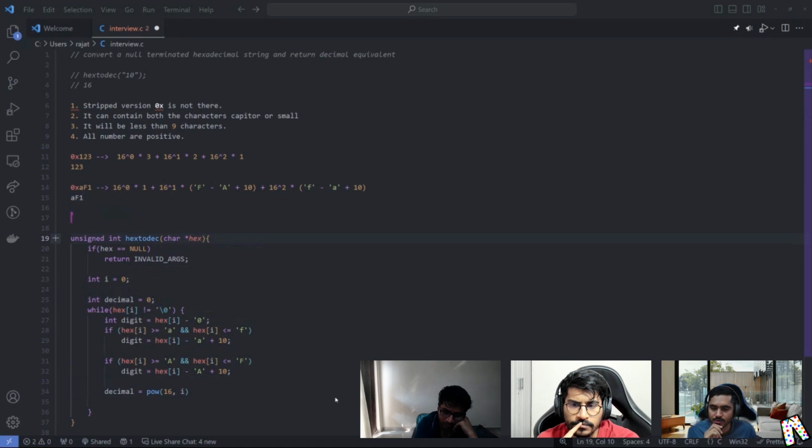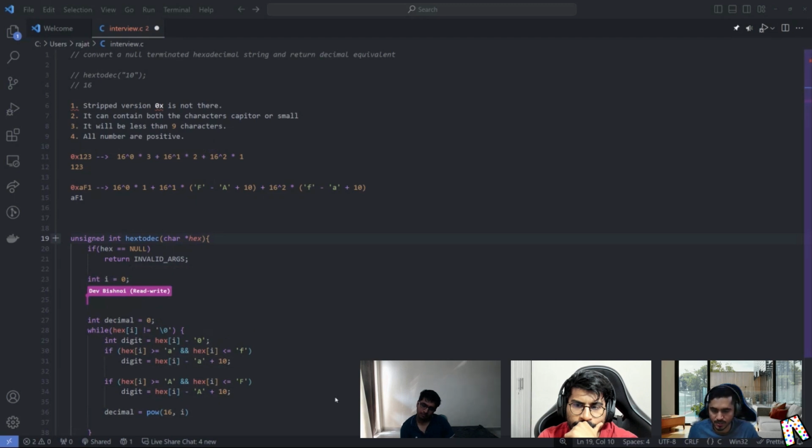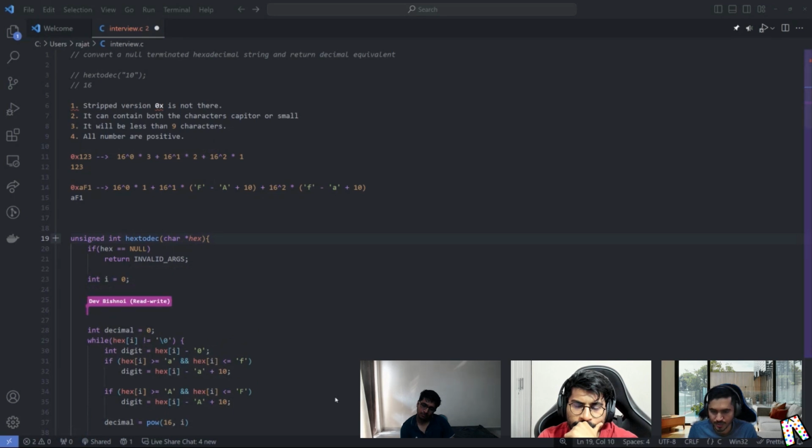Okay, so actually I'm starting from 1, and here I need to know what is the size of this string, because if I had started here, then I would have used I to get the power of 16. But now I need size as well. So I can typically calculate the size. So int length is equal to 0, and then while